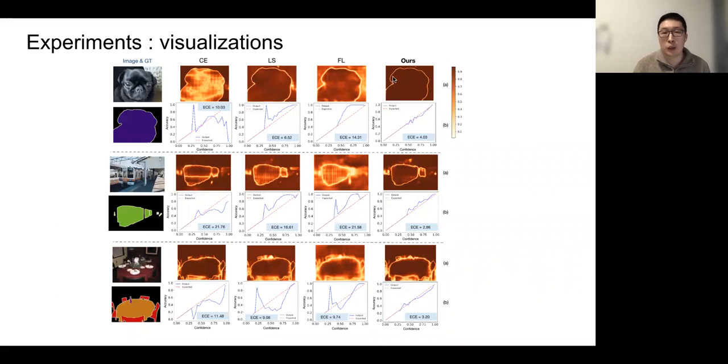But for the pixels on the boundaries, the model is a little uncertain, so it gives much lower confidence. So this is a very interesting result.